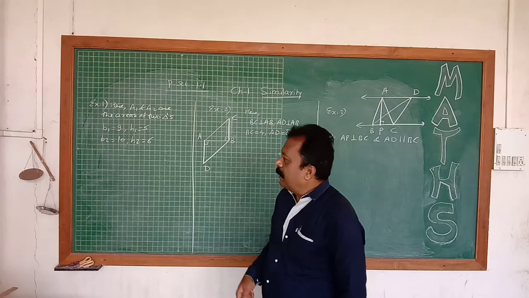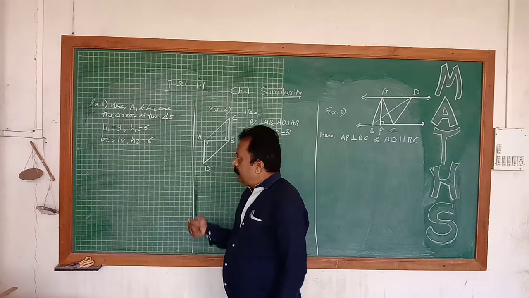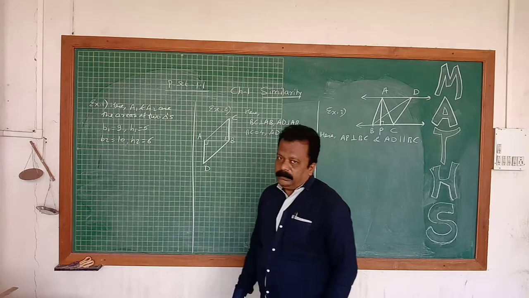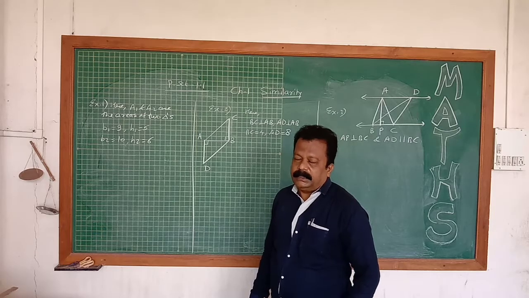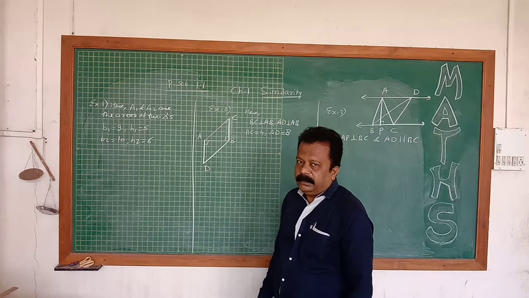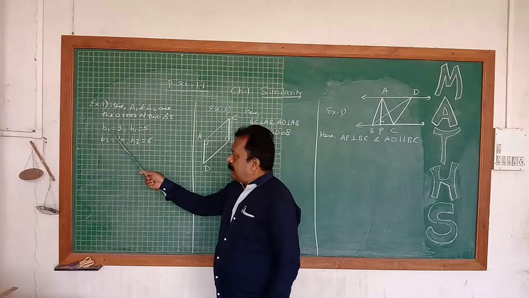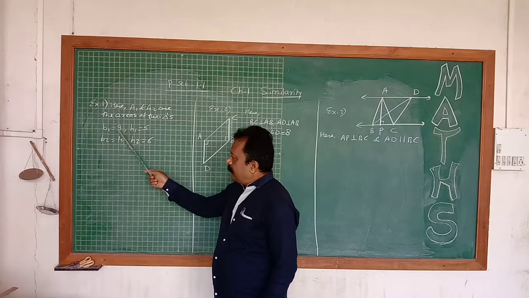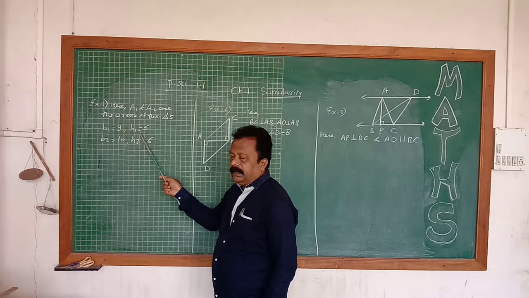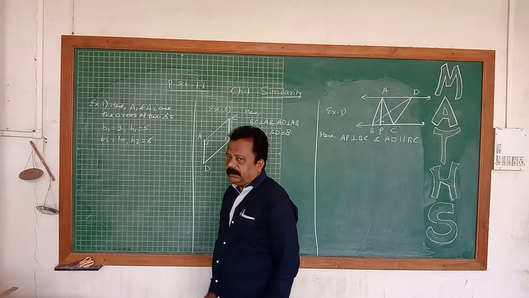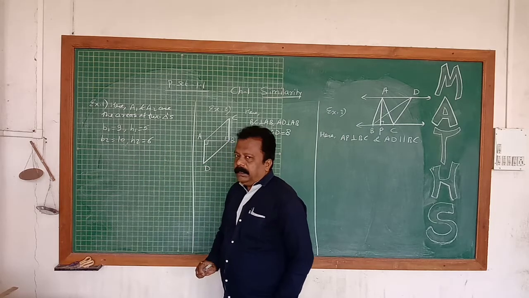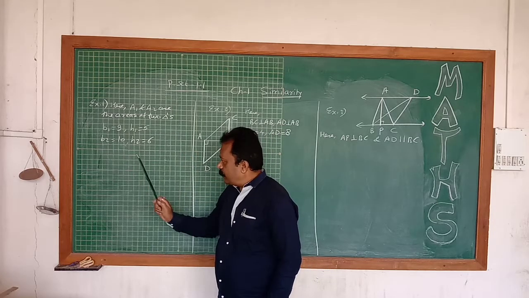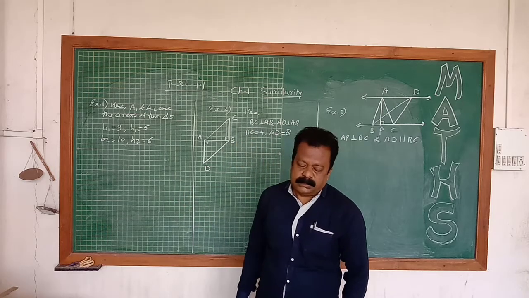Read it carefully. And how to solve this problem? First write the given. What is given? Here A1 and A2 are the areas of the two triangles. You have to consider it like this, because names are not given in the question statement. Consider the first triangle: area of the first triangle is A1. Then consider base and height B1 and H1, so B1 is equal to 9 and H1 is equal to 5. Consider the area of the second triangle is A2. Then the corresponding base and height are B2 and H2, so B2 is 10 and H2 is 6.